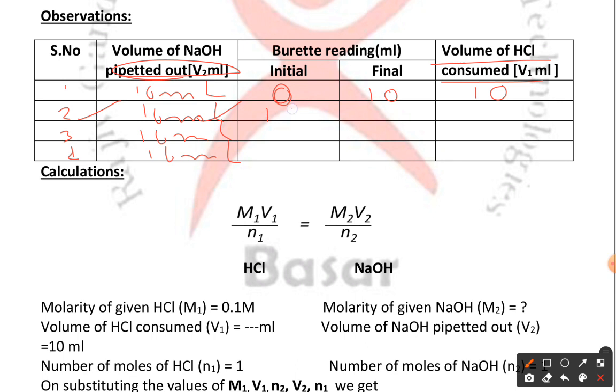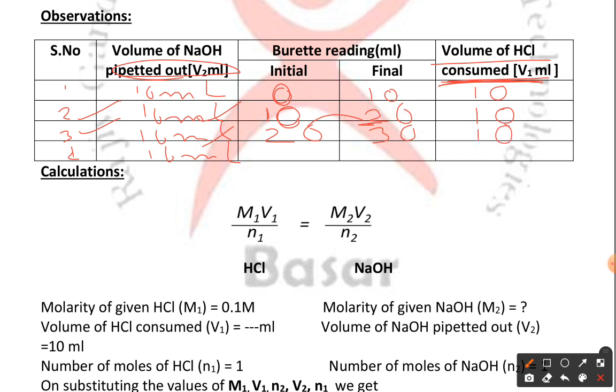Initially, you are not going to fill the burette again. So this is 10 ml, and maybe it came to a reading of 20. So the volume of HCl consumed is 20 minus 10, again 10 ml. Next, the third time, you are going to repeat the same. You pipette out 10 ml of sodium hydroxide and add the phenolphthalein indicator. The initial burette reading here is 20, because we stopped at 20, so initial is 20. It may stop at 30 ml. So the volume of HCl consumed is 30 minus 20.